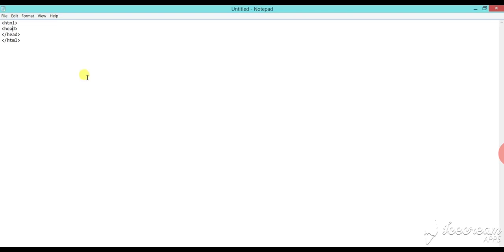This is the structure of HTML programming. Again type opening title tag and closing title tag. Here we make a title, creating unordered list.